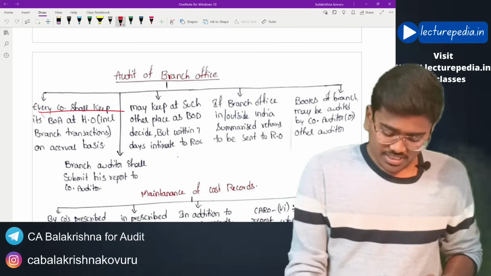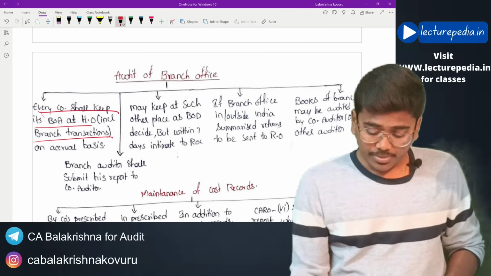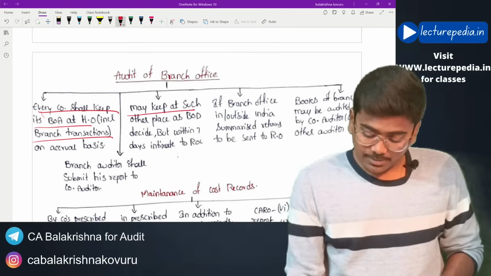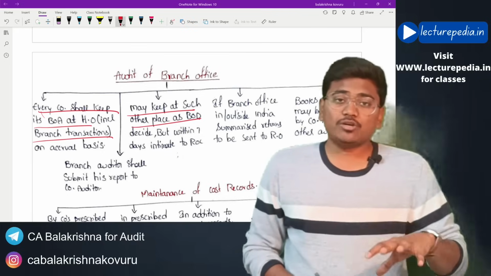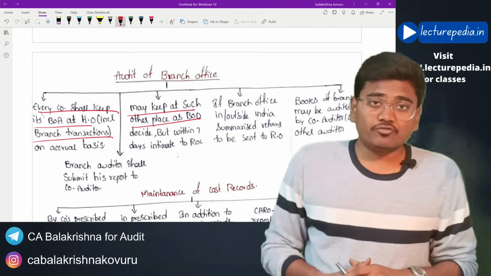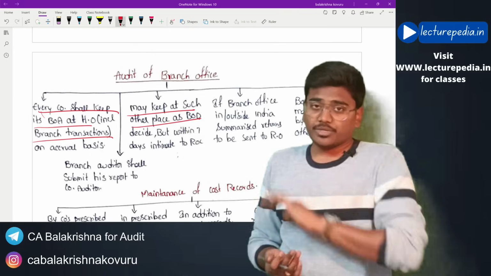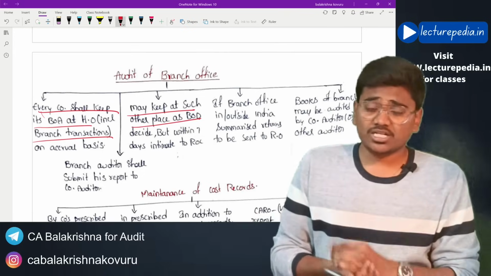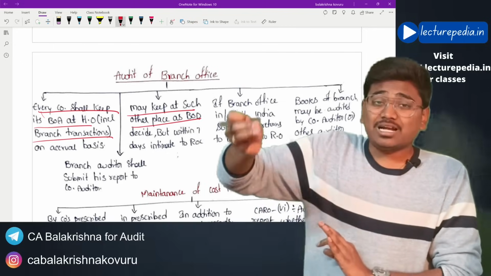Every company shall keep its books of accounts at head office, including branch transactions on an accrual basis, and it may keep them at such other places as the board of directors decide. If the company wanted to keep books of accounts at some other place, then the board of directors, by passing a resolution, can keep books at some other place, but within 7 days of passing such resolution,